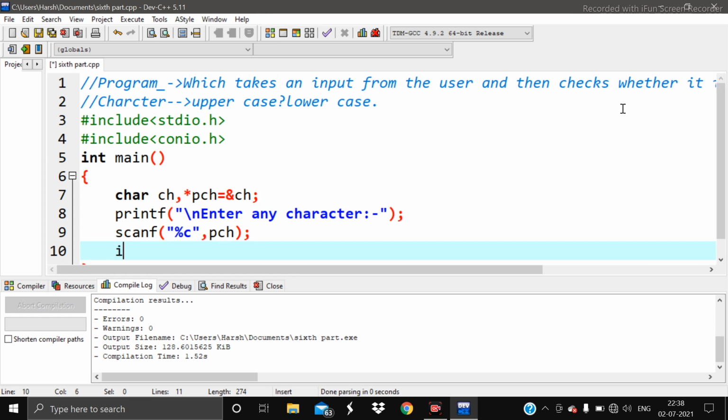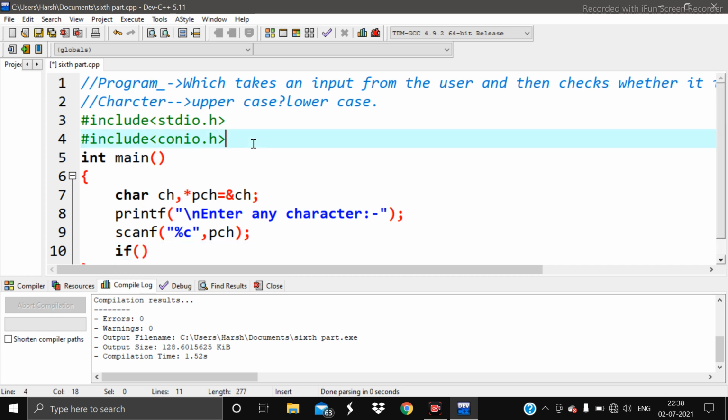Okay, so now the first one is the if. One thing I'd like to ask all of you: how can we determine whether a capital or a lowercase character is entered or a number is entered? A character from capital A to capital Z will be an uppercase character.